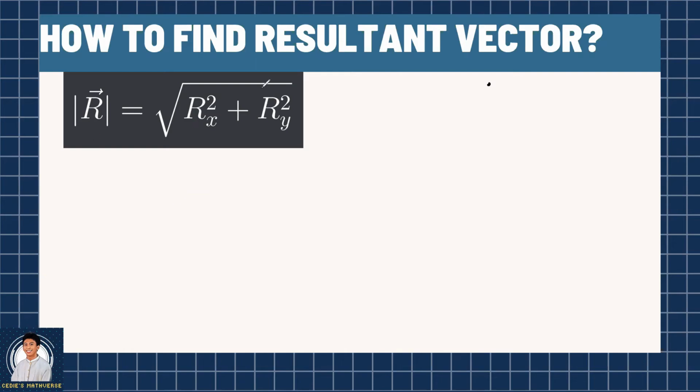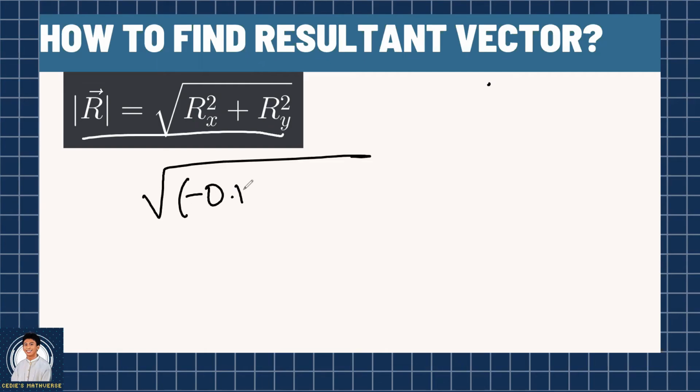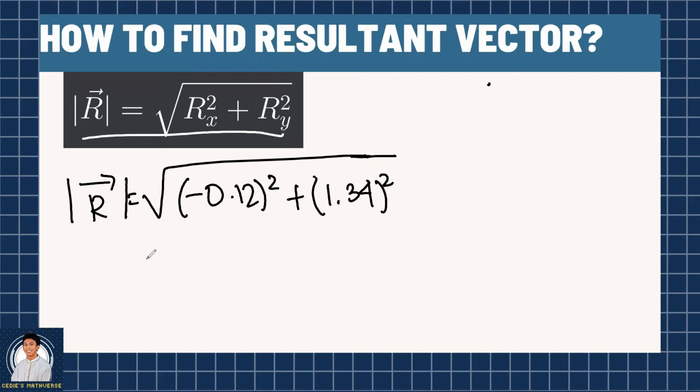This is the formula for that. So we have the square root of negative 0.12 squared plus 1.34 squared for the resultant vector. This gives us